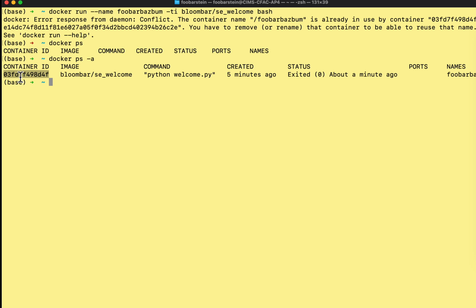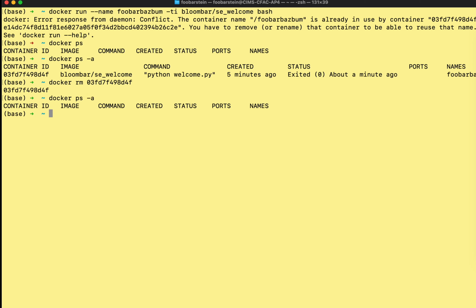So you'll see it exited about a minute ago, and the name it had was foobar-bash-bomb. So if I wanted to make another container with that same name, I would have to delete this one. Every container has a certain ID as well as the nickname that you may have given it. And you can do docker rm and then either the nickname or the container ID. Either one works. That's going to remove the container from memory. If the container is stopped, it'll remove it. So if I do docker ps -a again, there are no containers in memory anymore. And now I can do what I wanted to do before, which is run one again, call it foobar-bash-bomb, and